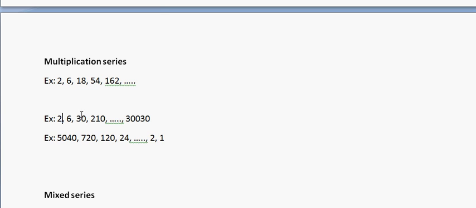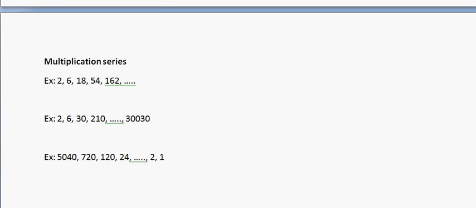What we are doing here, just see, just take 30-40 seconds to do this. The good thing about these questions is if you are able to solve them, you would not take more than 30 to 40 seconds to do them, right? If you are able to spot the logic.